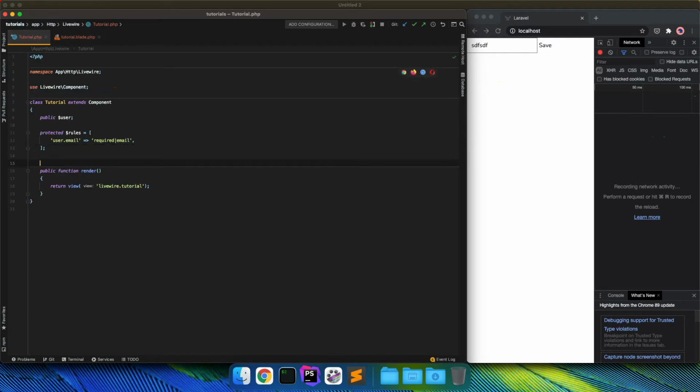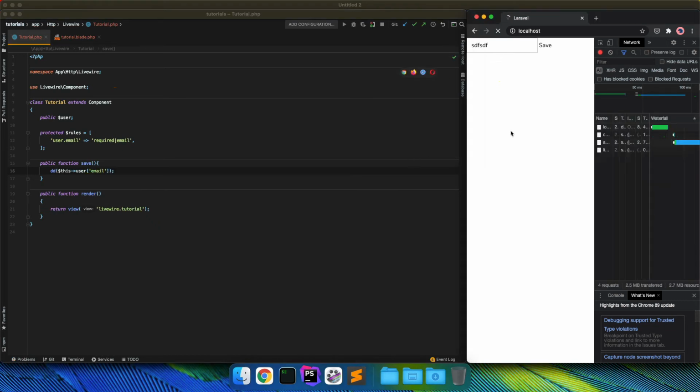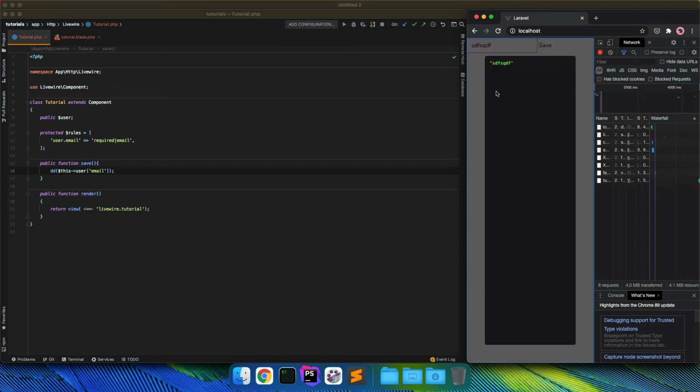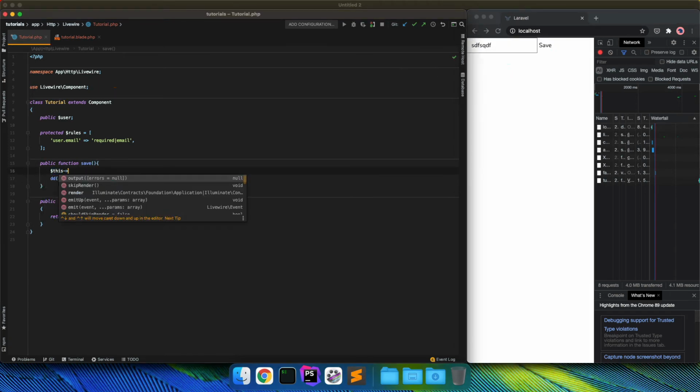So we have to create a public function save, and when I save, the value of my user's email will be updated. I will show the value of that user's email. Okay, so now when I refresh, nothing happens when typing, but when I save, I see the value of that email. Now I want to validate it, so this validate,